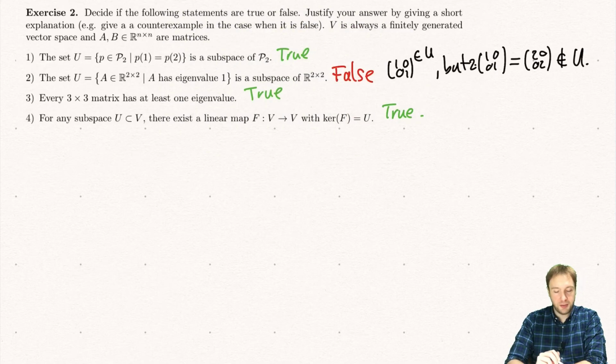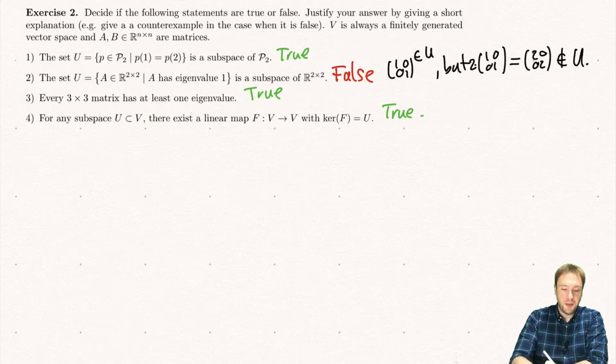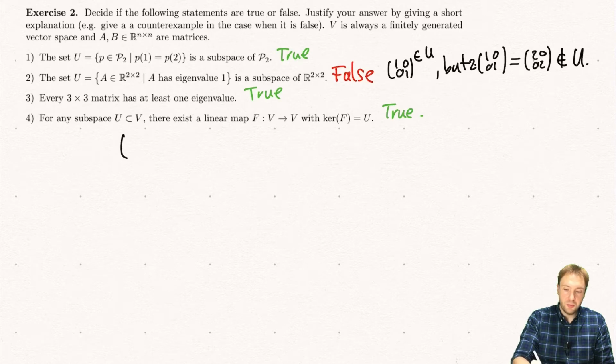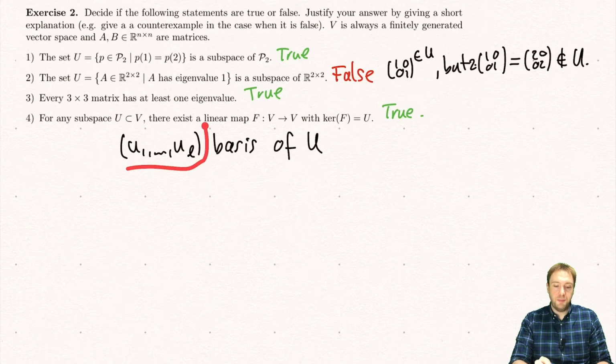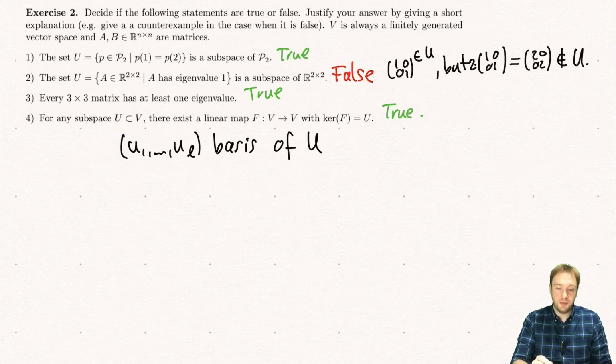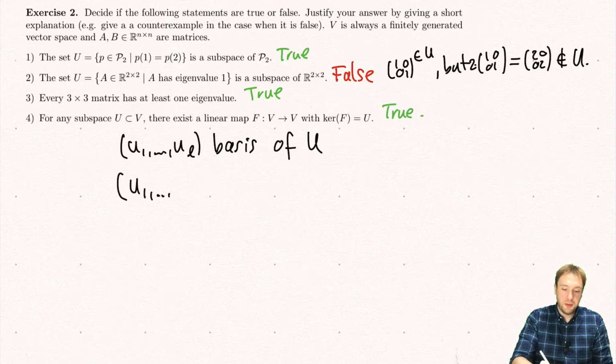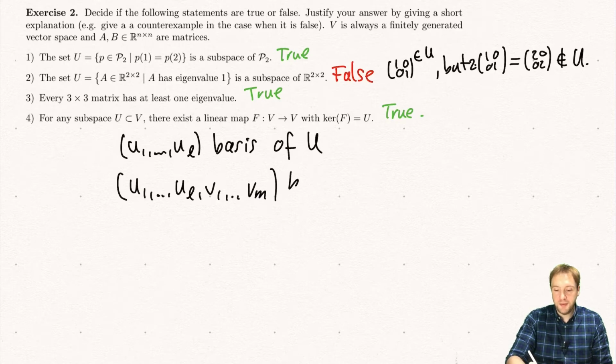I think this was also part of some homework, but if I have some subspace U, then I can write down a basis of U. So let's say U1 up to UL, a basis of U. And then we learned that if we have a basis of a subspace, then we can extend this to a basis of the whole space. So we can add some vectors, v1 up to vm, such that this is a basis of the whole space,